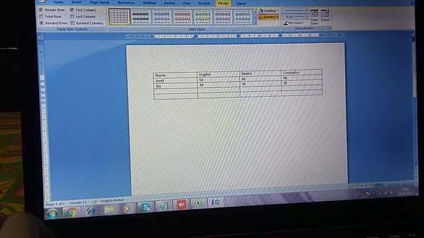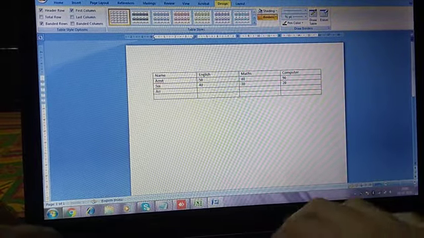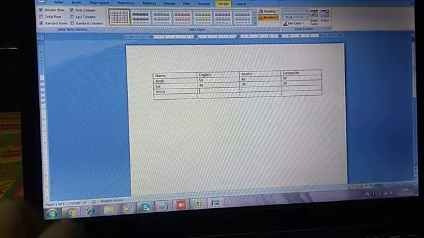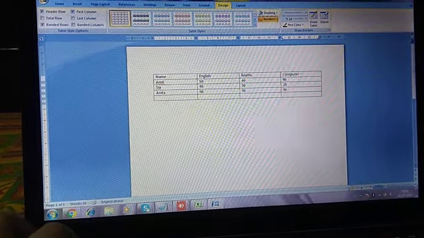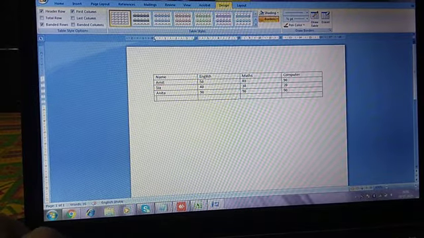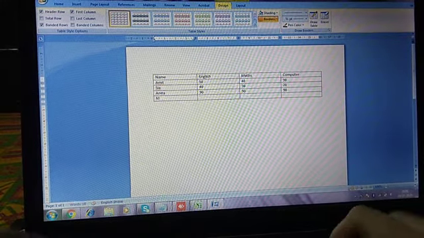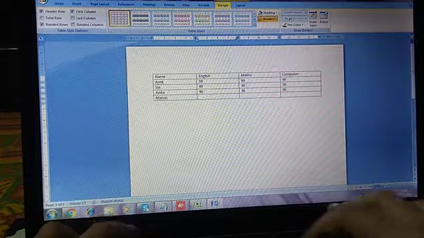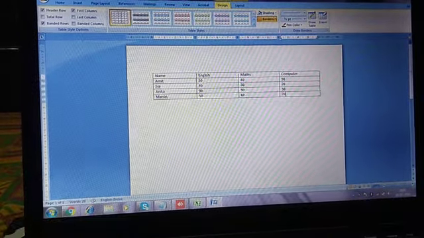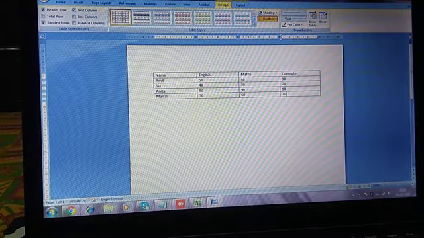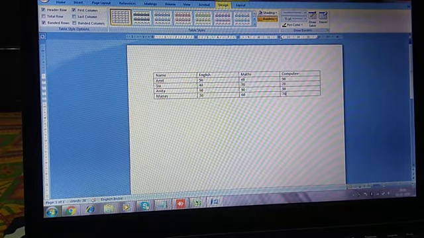Next we will take 90, 90, 90. At last we will take 50, 60, 70. So in this way we can enter the data in the table.